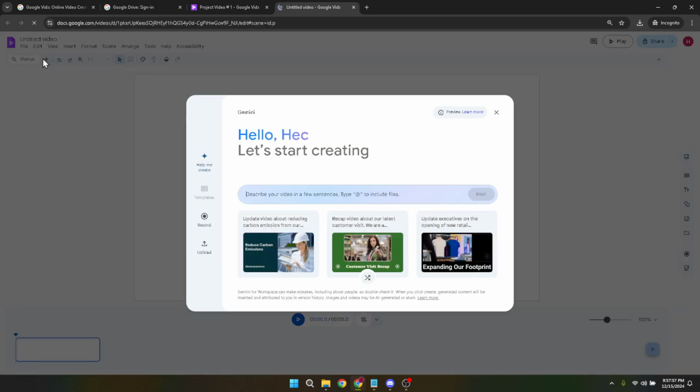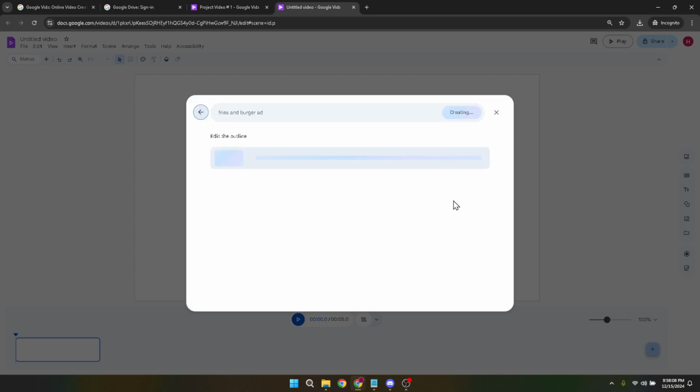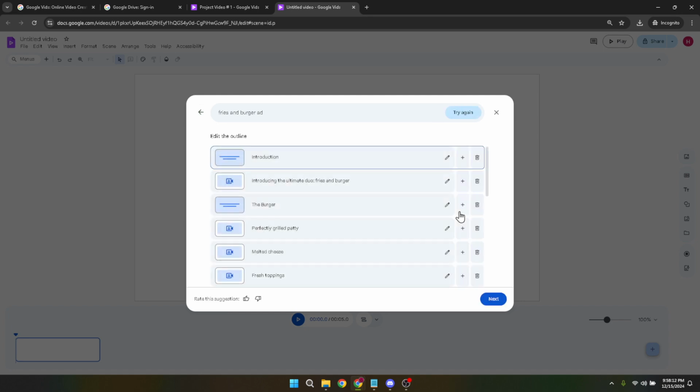Once you've input your topic, Google Vids will ask you to click Next. This step initiates the platform's search through related content and templates that could form the basis of your video. Upon proceeding, you'll be presented with different arrangements. This is your opportunity to tweak the initial layout, whether it's rearranging the text placements, choosing different color schemes, or selecting unique fonts. This step is crucial in making sure the video aligns with your visual preferences.